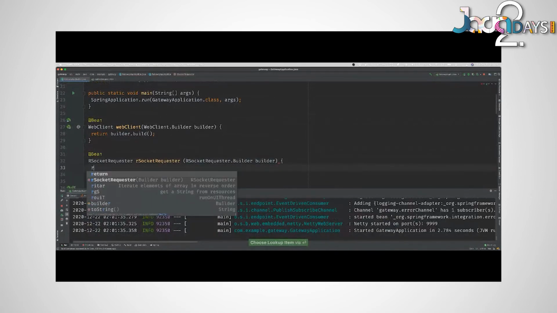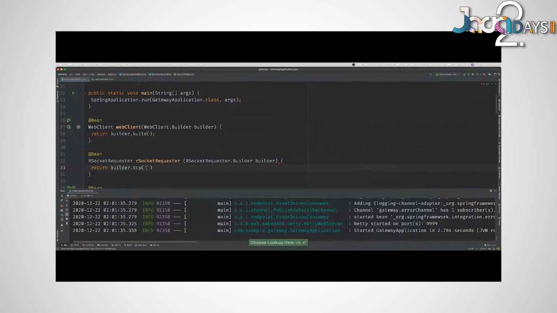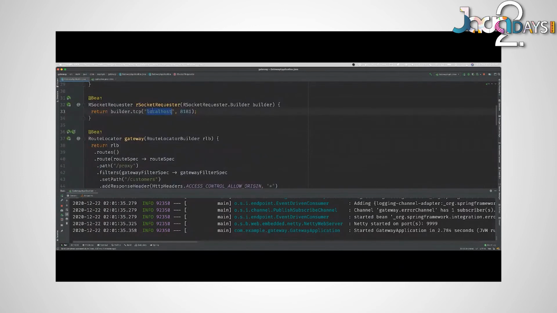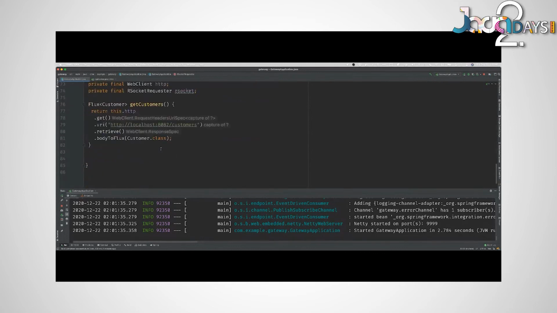And one of the nice things with RSocket is that the connection is established at the very beginning of the life cycle of the application, and it stays connected. You don't have to reconnect each time, so that makes network calls a lot more performant. You specify the host and port when you build the client, just once. You can also easily specify how to reconnect, and all that stuff is very easy to do, but for now, let's just get moving on.